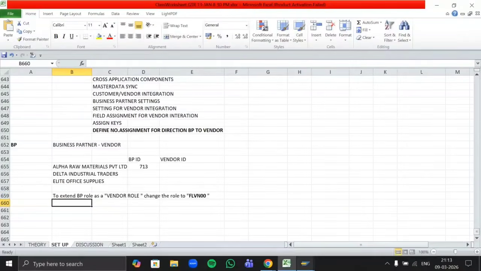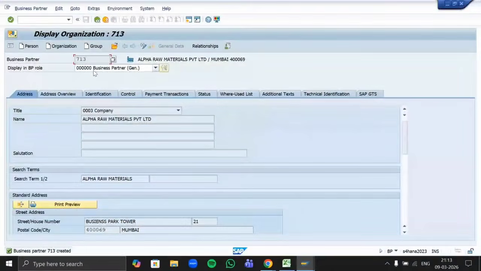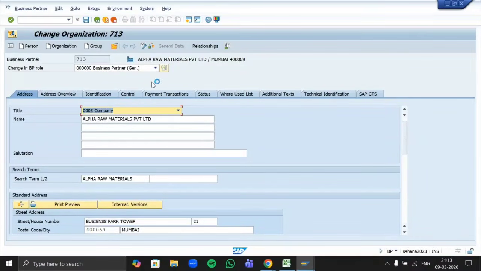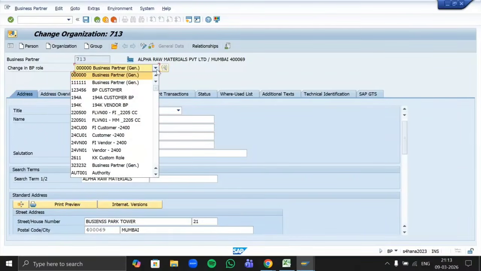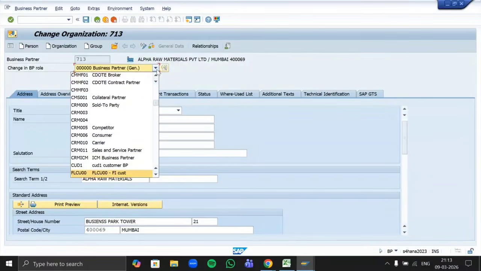As of now, which role we are using here? We are using business partner, or we can say general role, and the role code is 000000. Now which role we want? We want a role of vendor. So here also click on this edit option. Go to this drop down, change in a BP role, go to the drop down and search for the vendor role FLVN00. Here it is.